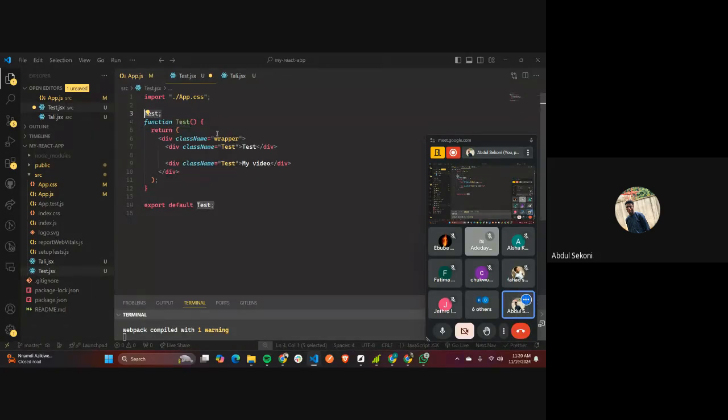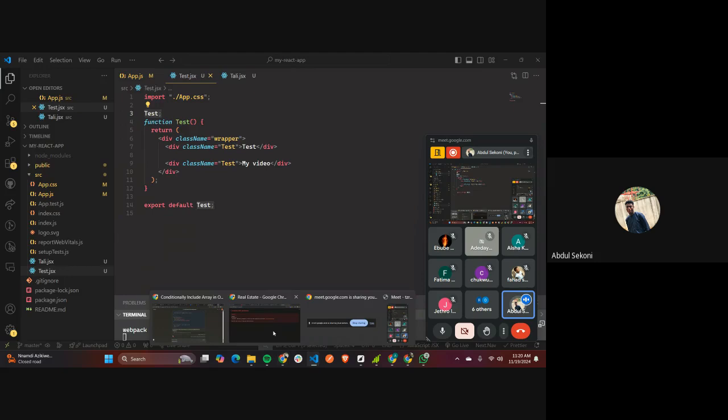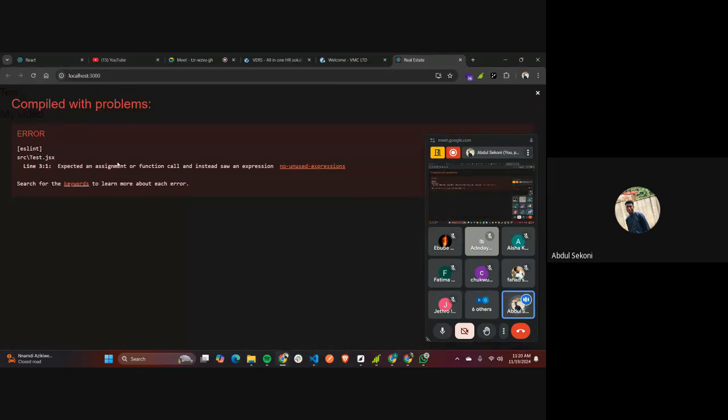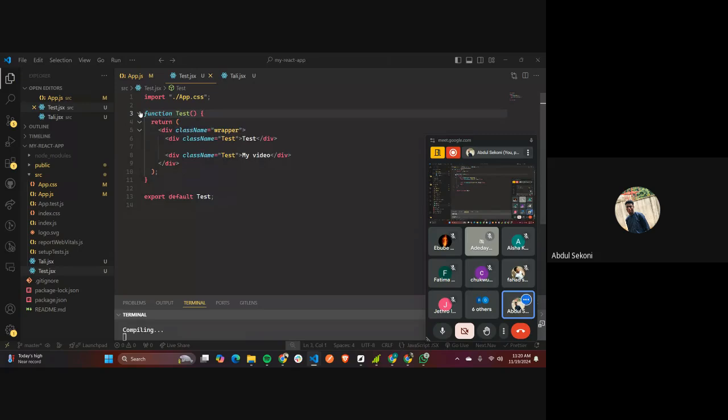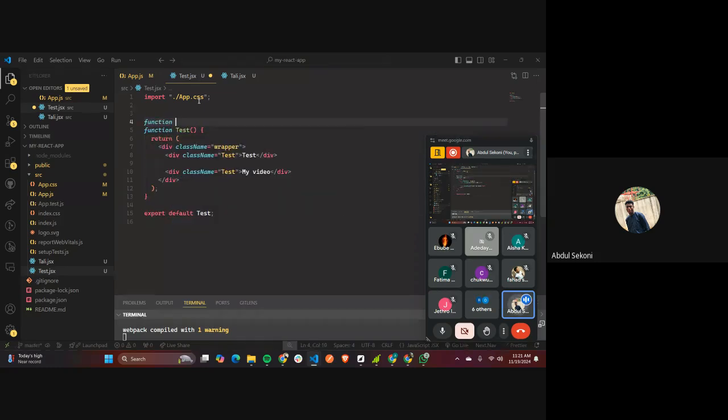No. If I save this, I should even get an error. Yeah, it's actually showing me an error because it expected an assignment. It needs to be assigned to something. It needs to know what is rendering it. So in the world of React, functions are basically what React is. That's why I say 80%, not everything. You can also create JSON files and test files that don't need a function. But when you want to interact with the browser, you have to create a function and return it. Now, if we create a function and say on submit,